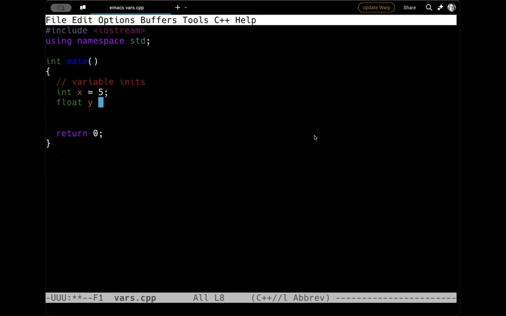We could say float y is equal. Okay. And I want to specifically and on purpose change the variable x to type float. I do this with the keyword static cast. So it's static cast, what I'm casting it to, in this case a float, and then x. Okay.